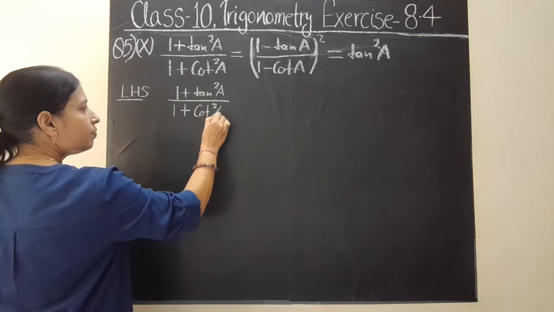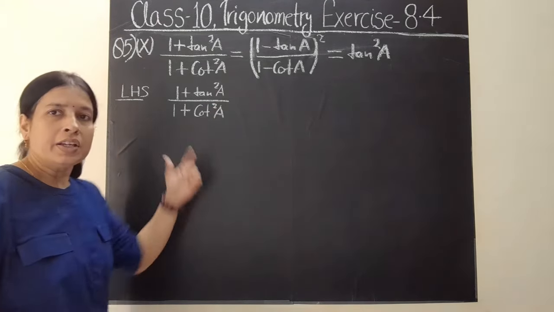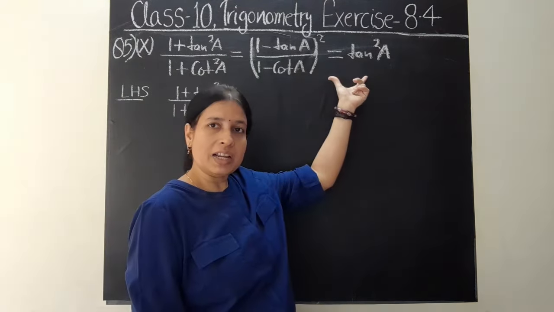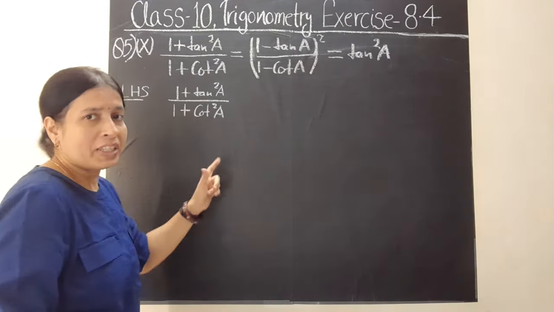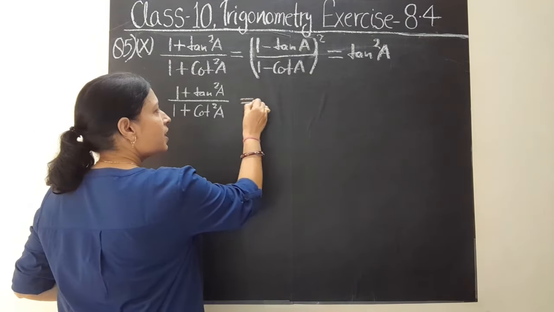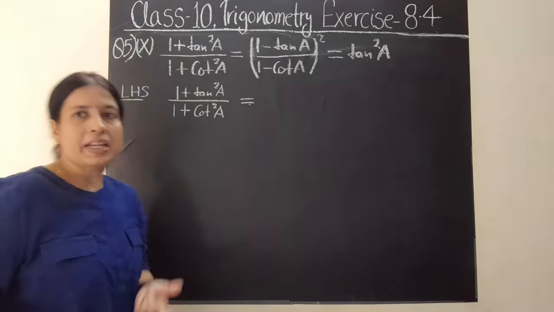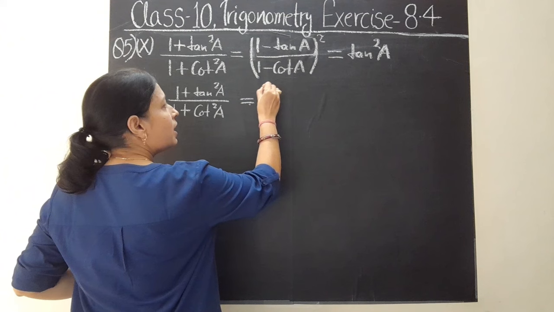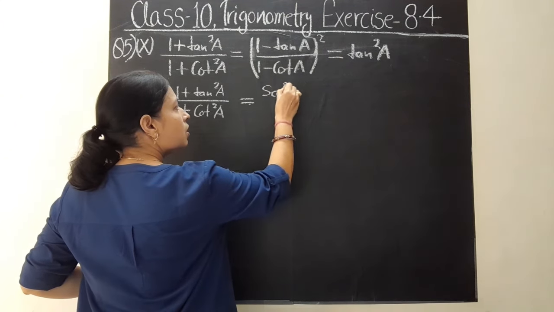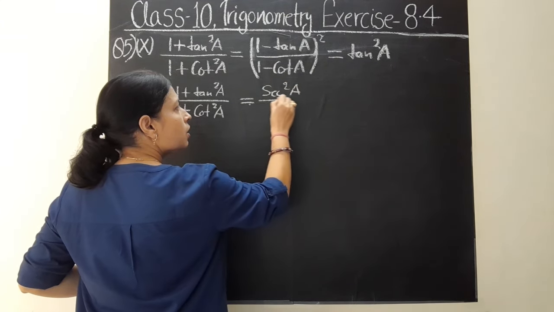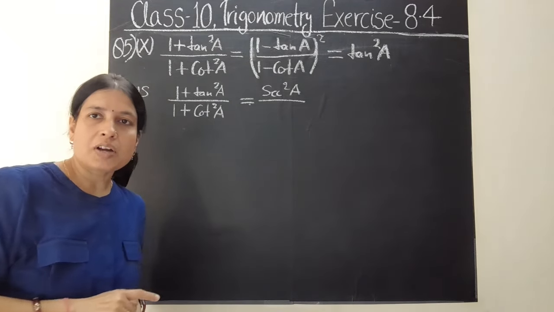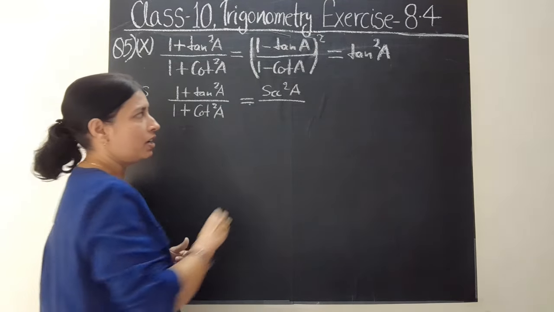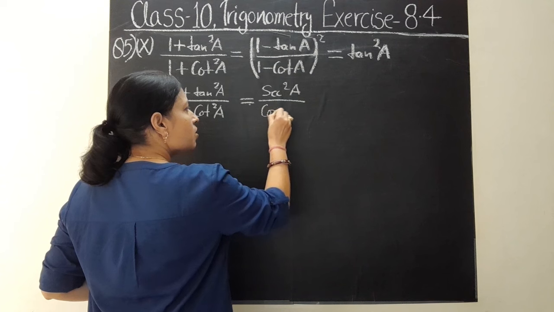cot square a. इसको हम दो तरह से tan स्क्वायर ला सकते हैं। पहले फर्स्ट मेथड से देखते हैं। सो 1 प्लस tan स्क्वायर a इज इक्वल टू सेक स्क्वायर a। सो यू कैन राइट हियर सेक स्क्वायर a, एंड 1 प्लस कॉट स्क्वायर a इज इक्वल टू कोसेक स्क्वायर a। सो राइट हियर कोसेक स्क्वायर a